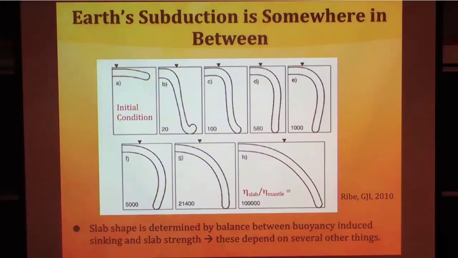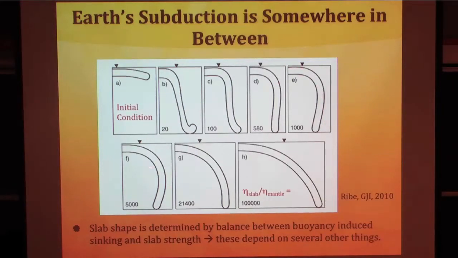Okay? This is a summary drawing from a Ribe paper that actually uses a thin sheet approximation. I won't go into all of that. But he showed a bunch of predicted shapes of slabs as you increase the viscosity contrast between the slab and the surrounding mantle, right? And so here is the weak slab model that basically sinks straight down, and then you increase the viscosity, and you start to see that the slab is strong enough here that it actually is basically supporting its own weight as it goes down, but then it basically gets too big, and the tip goes vertical,